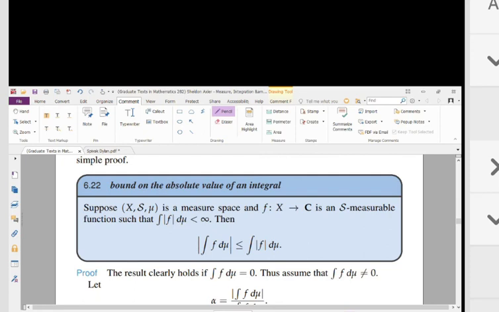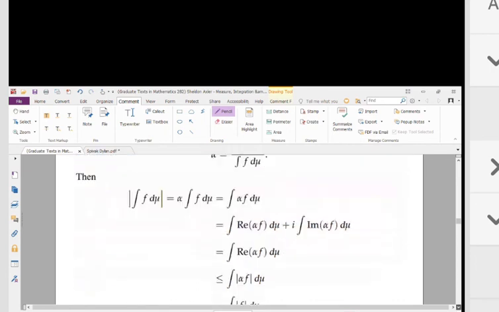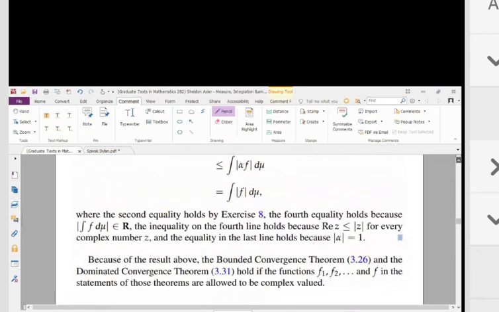Suppose x, s, mu is a measure space and f from x to c is a measurable function such that this integral is finite. Then we have this inequality. The absolute value of the integral is less than or equal to the integral of the absolute value, so that we have a bound for the absolute value of the integral. This is the bound for this, okay? And its proof is easy because